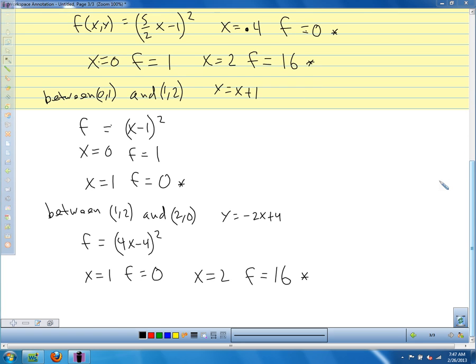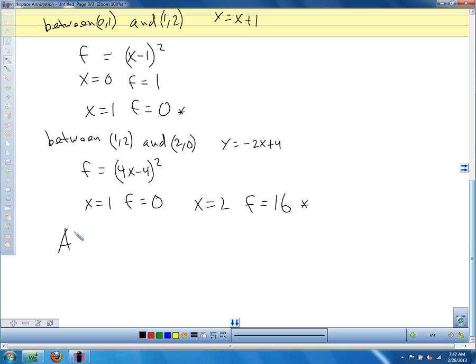So now we have all of our extreme values. Is there anything between x equals 1 and 2 that's going to give us a value smaller than 0 or larger than 16 on that interval for that function? No. So our extreme values are: absolute maximum is at (2, 0), and our function value is 16. And our absolute minimum